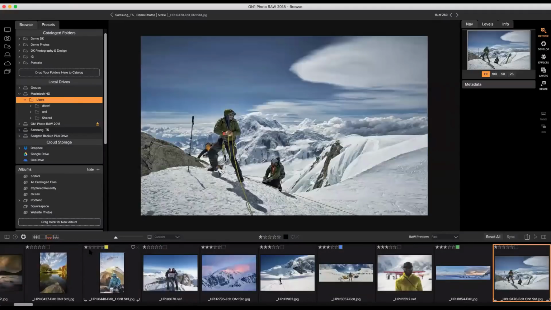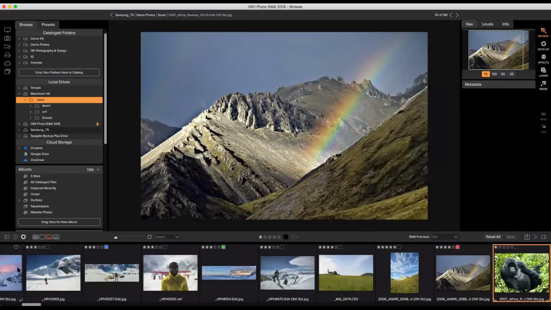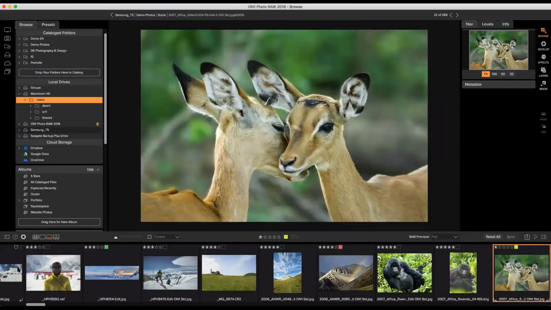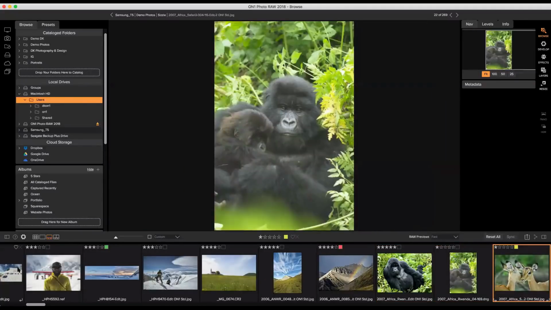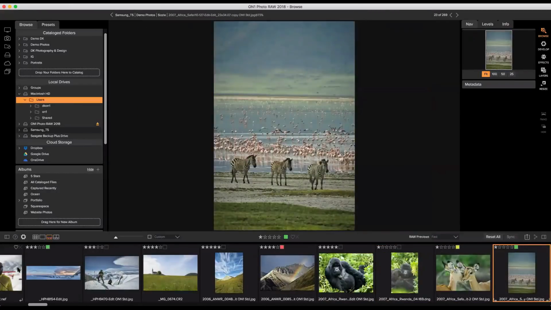So it's an easy way for me to go through a series of photos and pick which ones I like the most out of that series. I can easily go back and maybe choose a 1-star. I don't like this one as much as I like that one there. So just some very easy, quick